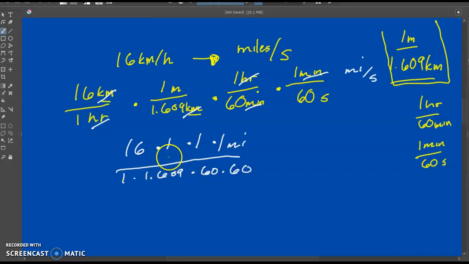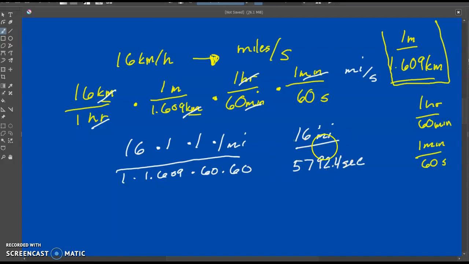Right? And this is one of those moments where it's really handy to have a calculator, and you can plug this in, and it's going to give you a final number. You could do some reducing first if you wanted to. So if you look at this and you want to reduce the 60 by the 16, you can. But finally, when you do the math, it's going to come out to this, which will be 16 miles over, and we are left with, ready, 5792.4 seconds. All right, so we can go 16 miles in